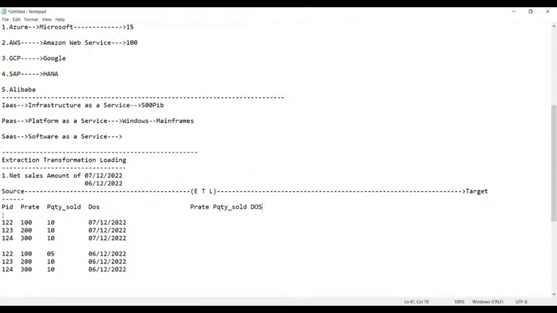That means out of all these four, all available data, you will